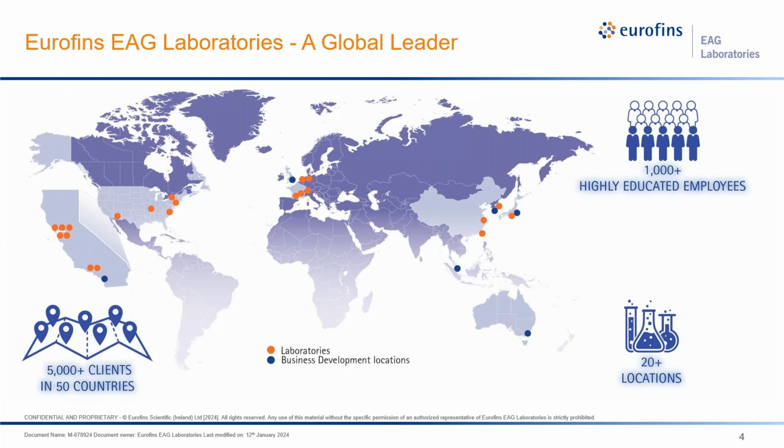EAG Laboratories is across the world. Located here, we have 5 active labs here in the San Francisco Bay Area, 2 more down in Southern California, Arizona, St. Louis, the East Coast, and across in also Europe and in Asia. We have a 6th lab coming up in California, based here in Sunnyvale. That's going to be our new battery lab, where we'll be doing battery materials characterization.